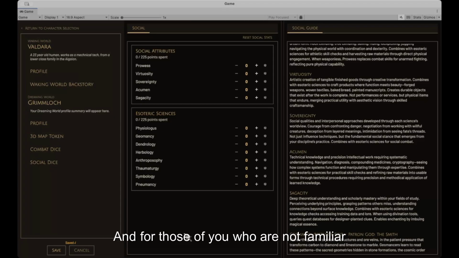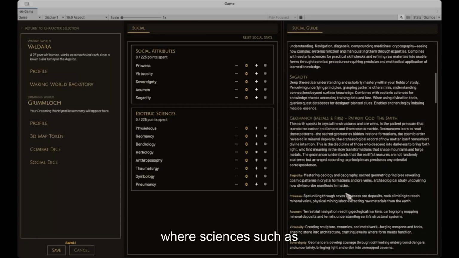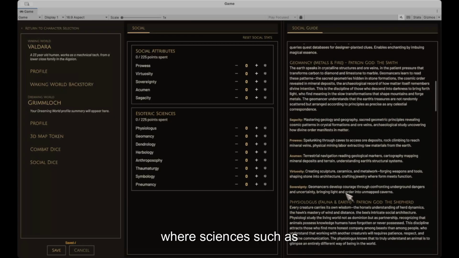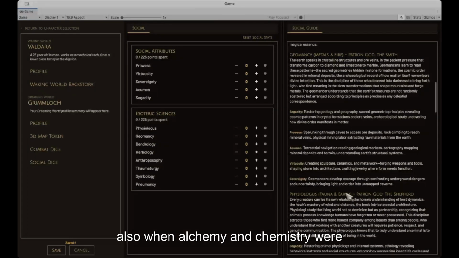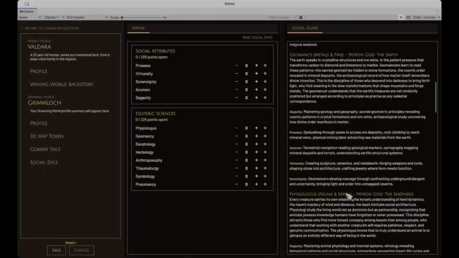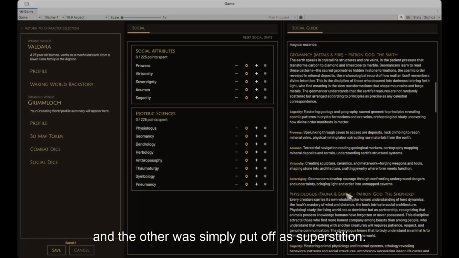And for those of you who are not familiar with history, there was a period of time where sciences such as astrology and astronomy were considered one science. Also, when alchemy and chemistry were considered one science. Matter of fact, it wasn't until the 1700s where those two things were broken out into two separate sciences, and one was given a stamp of approval, and the other was simply put off as superstition.